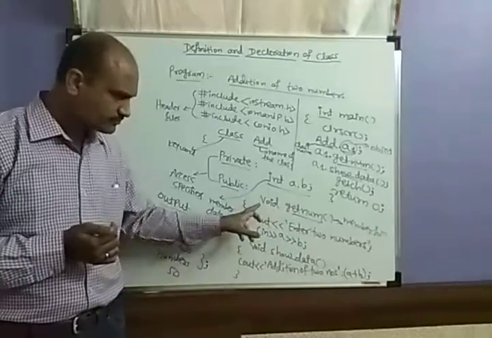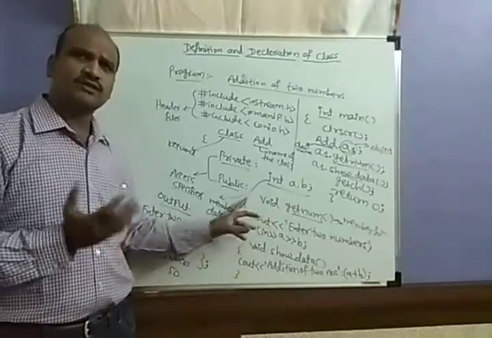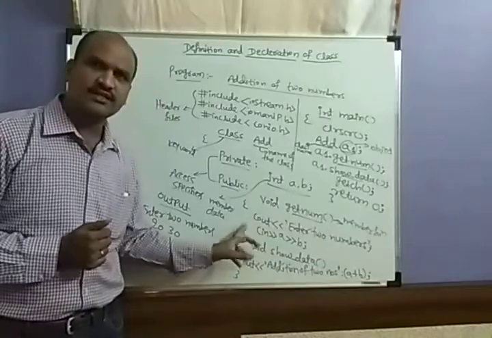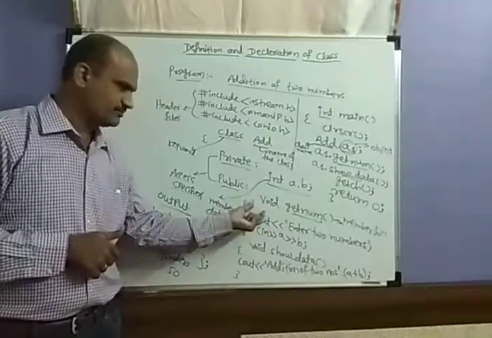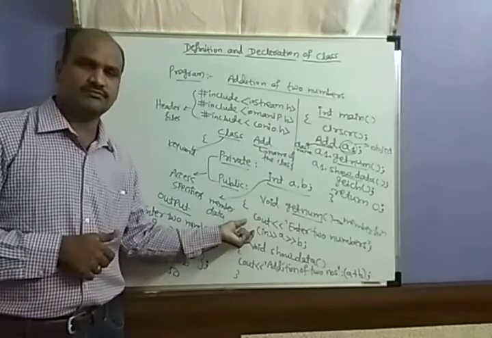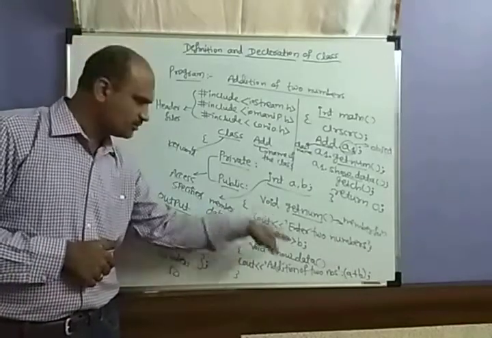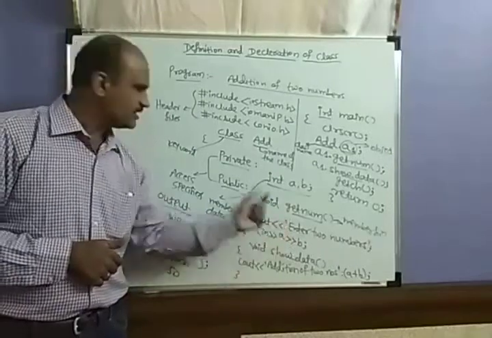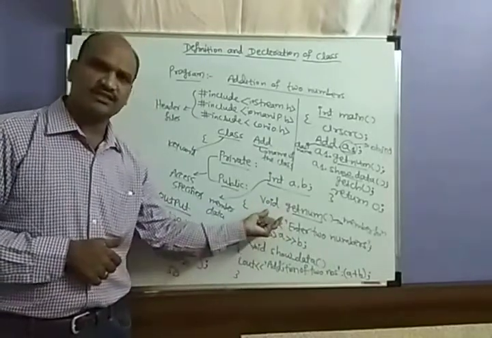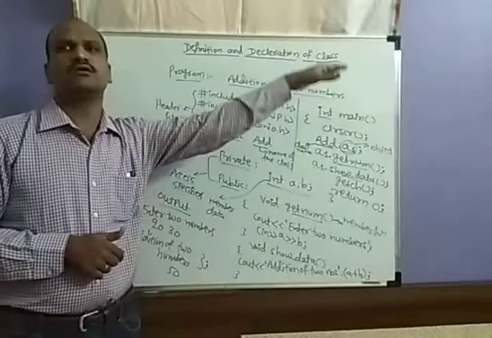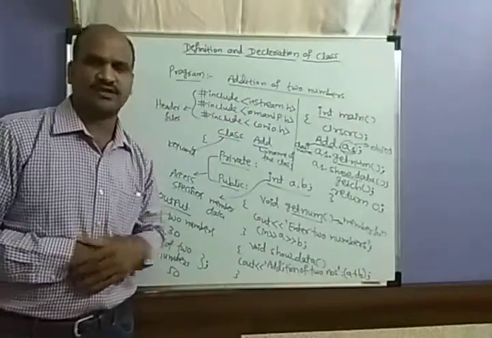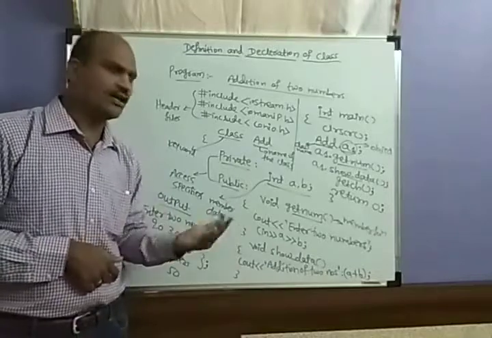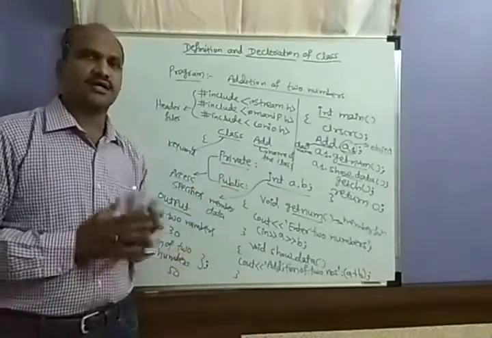Now there are also different ways of writing the function. Whatever you have written now is inside the public: inside the public you wrote the function with the details of what it does. In the public you can also just declare the function and define it outside the class. We will discuss in detail about these private and public access specifiers.